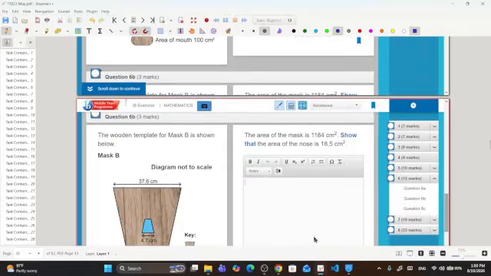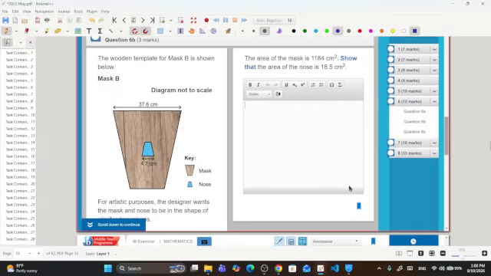Part B says, the wooden template for mask B is shown below. The area of the mask is 1184 centimeters square. Show that the area of the nose is 18.5. So in front of us, we can essentially see two trapeziums. So if we were to find the ratio between both of them,